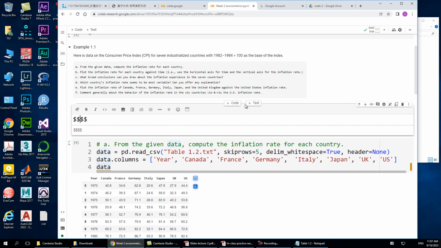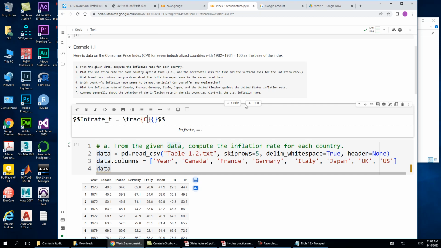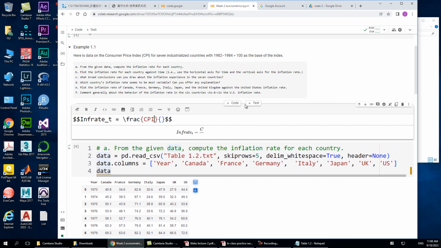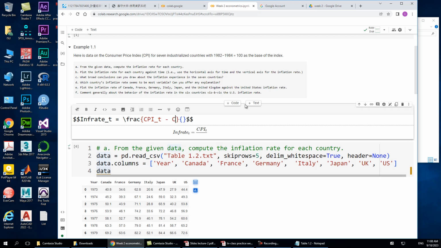You don't need to type that. Inflation rate at time t is the difference. The first one is CPI t minus CPI t minus 1